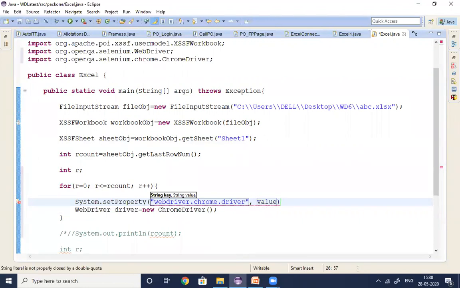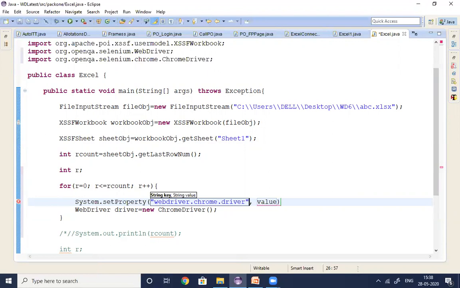Usually we do not write the launching application steps like this in projects, guys. We already discussed user defined methods in WebDriver. We create one method to launch the application, and that method we simply call here to launch the application. Understand? So we are not blindly writing lengthy lines of code every time.